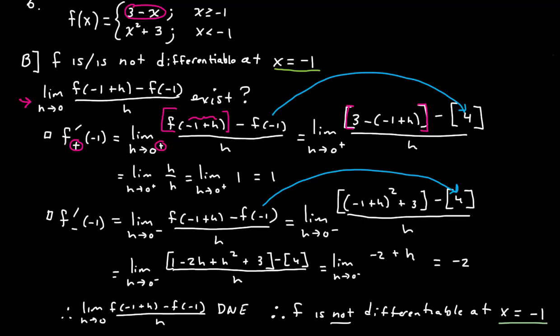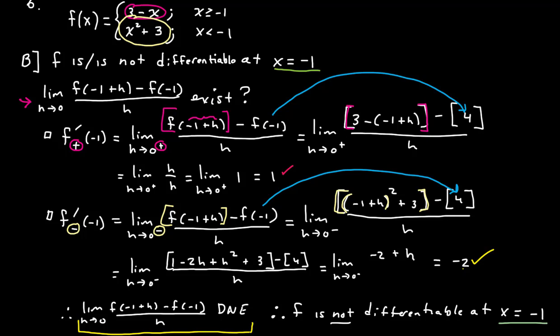But you will see on the bottom half here that I'm plugging negative 1 plus h into the bottom form. That's because we're finding the slope from the left. Delta x is approaching 0 from the left. And so that creates this portion here. And when I do the limit of the difference quotient from the right, I get 1. When I do the limit of the difference quotient from the left, I get negative 2. Those are different. Hence, the limit of the difference quotient does not exist, and therefore f is not differentiable at